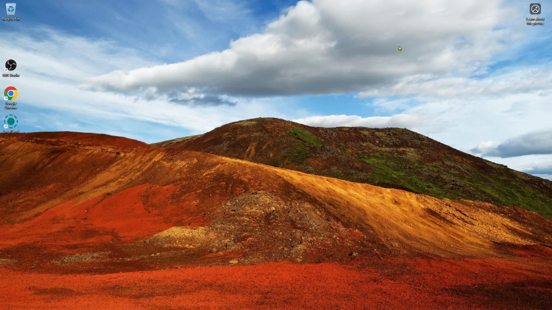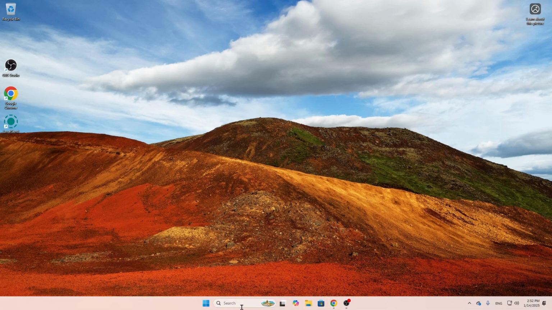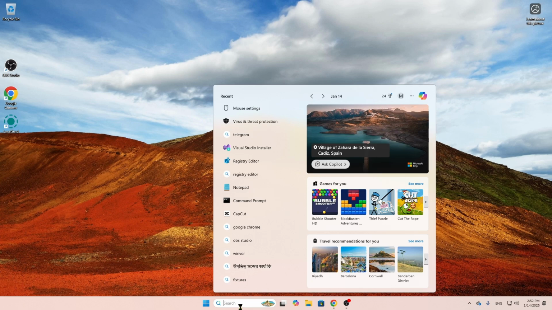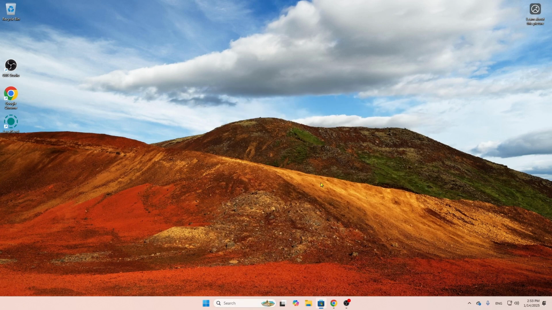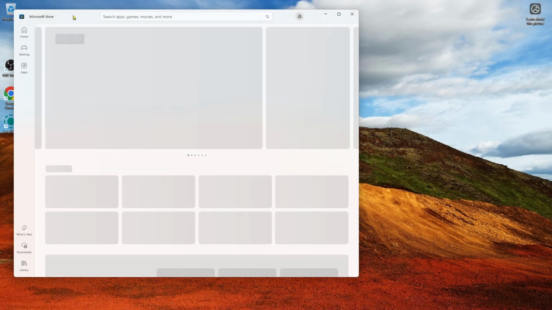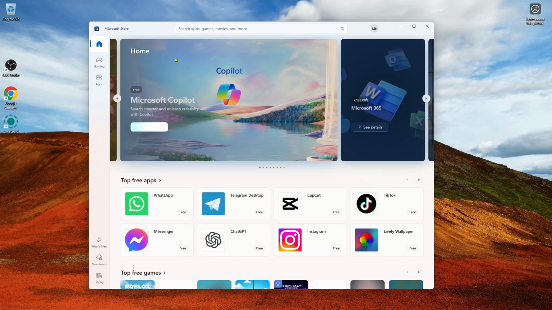Today I'm going to show you how you can download the best free antivirus software for your computer in a very simple way. What you can do, first you have to come over into your search option and search for Microsoft Store. If you added Microsoft Store to your taskbar, then it's all okay, just click on that. If you didn't have that over here, you can simply search Microsoft Store and we'll get the Microsoft Store over there. Click on Microsoft Store and after a short time the Microsoft Store will be open, and now here